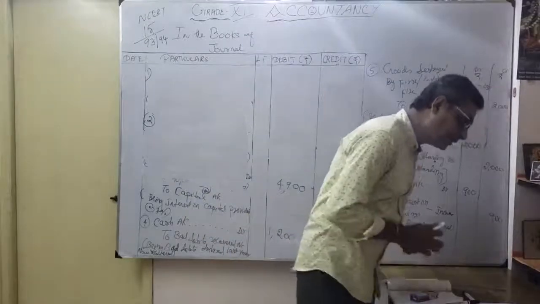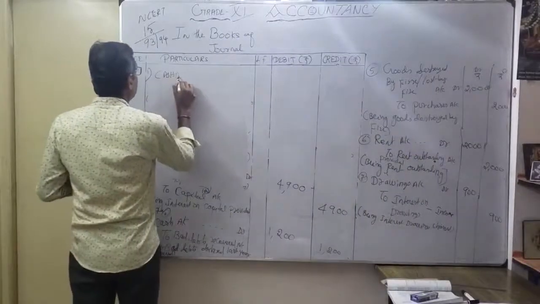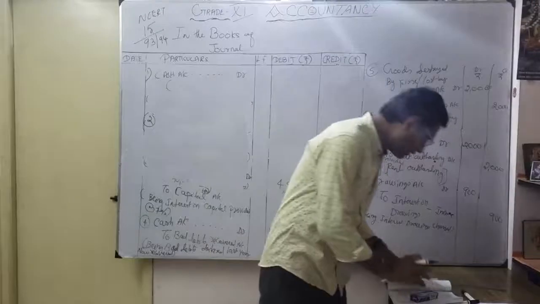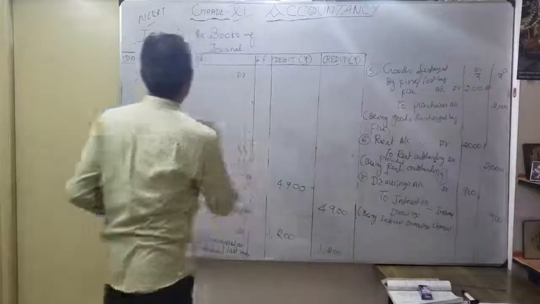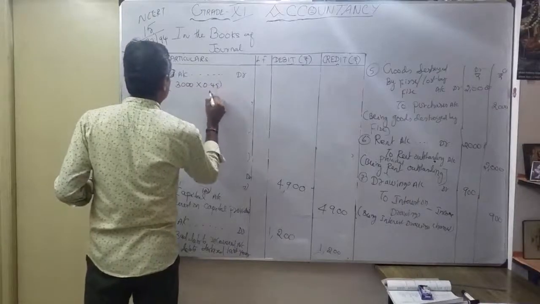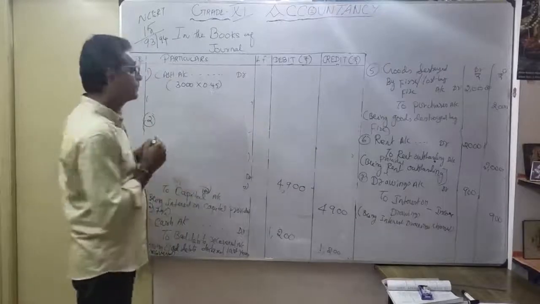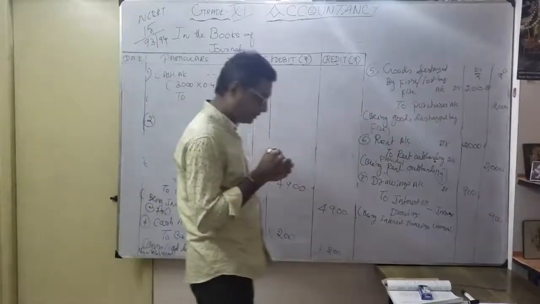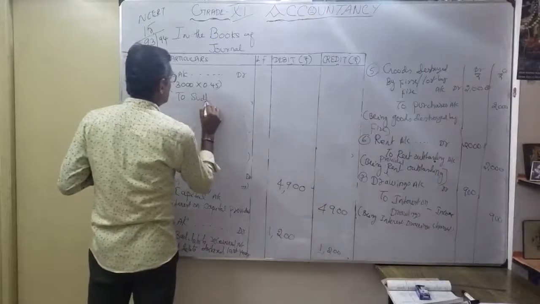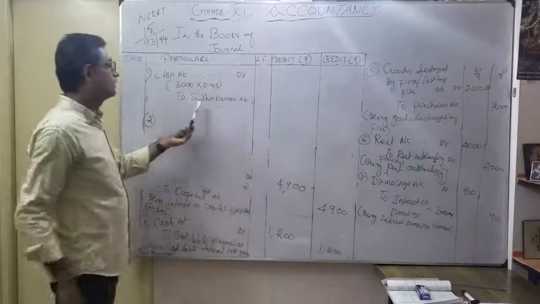That's what is here. So very important. What is the entry here? Cash account debit. Now you got the money. Cash account debit. How much? Whatever 3,000 they were supposed to pay, only 45 paise. That's why in brackets I will show 3,000 into 0.45. That means, instead of every 1 rupee, he is paying only 45 paise. To whom? Who is the person? The person's name is Sudhir Kumar. Sudhir Kumar account. So why am I crediting Sudhir Kumar? He is a personal account.